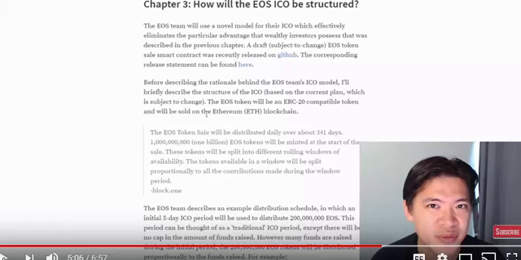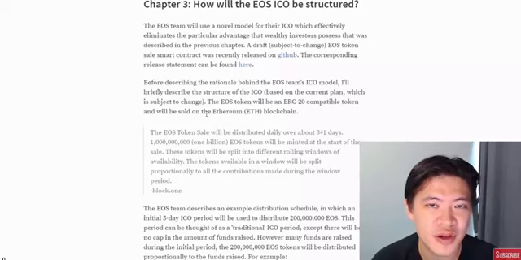I've got to see what in the heck I can do to get some money into EOS. Wow, I'm missing the boat here. Be very interesting to follow as well.